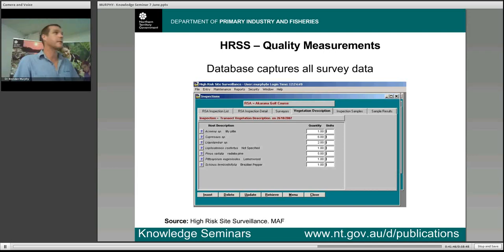This is one transect, and these are the plant species that are in that transect and the numbers that are there. So you imagine you've got 10,000 of these transects, and we replicate surveys of these areas. You imagine the statistical power that we generate in terms of looking at declaring area freedom and things like that, rather than just walking around the site and recording a few plants that we take samples of. And this is crucial. We have to have a system like this if you're going to have a technically robust surveillance